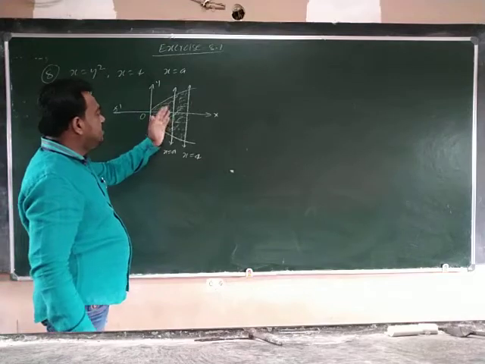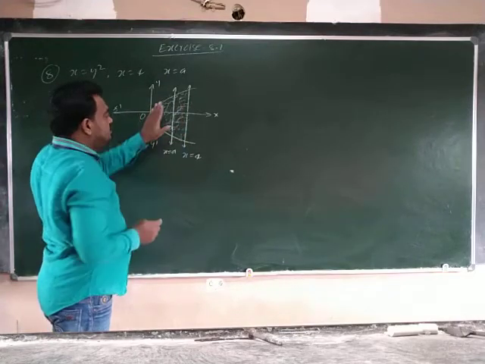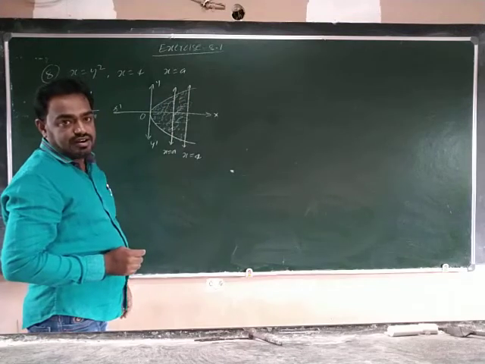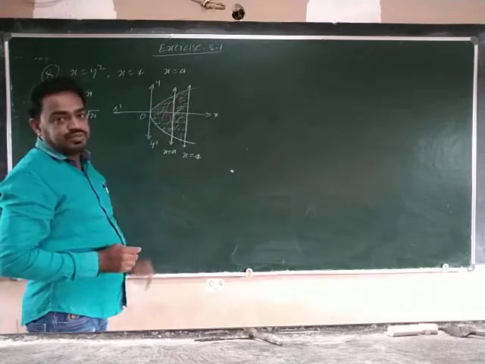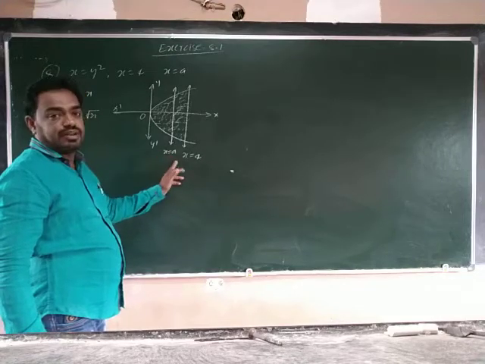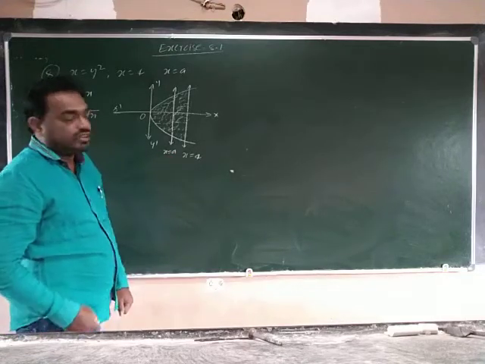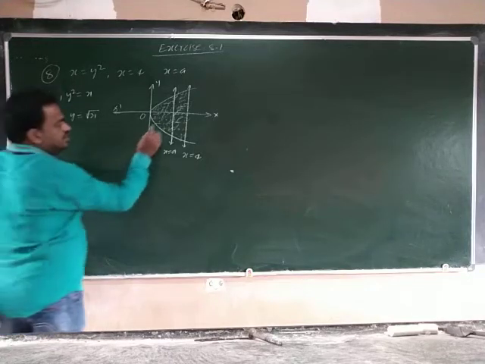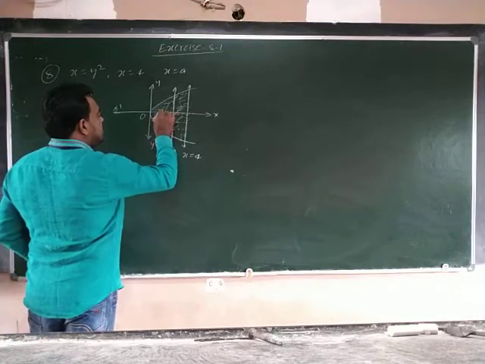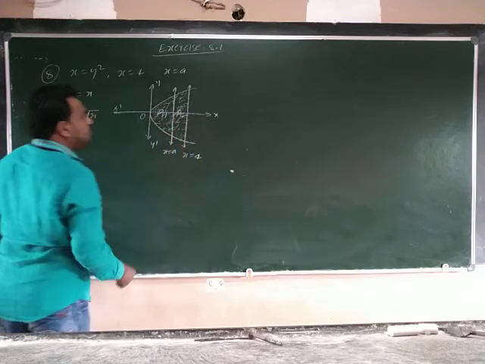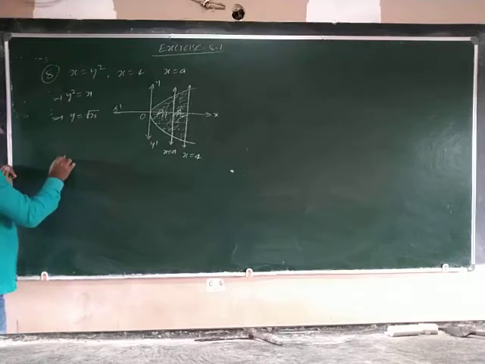This line divides the complete area into 2 parts. That means the area of this one and the area of this one are equal. Then we are finding the value of a. This area you take as A1, and this complete area you take as A2. So by the given